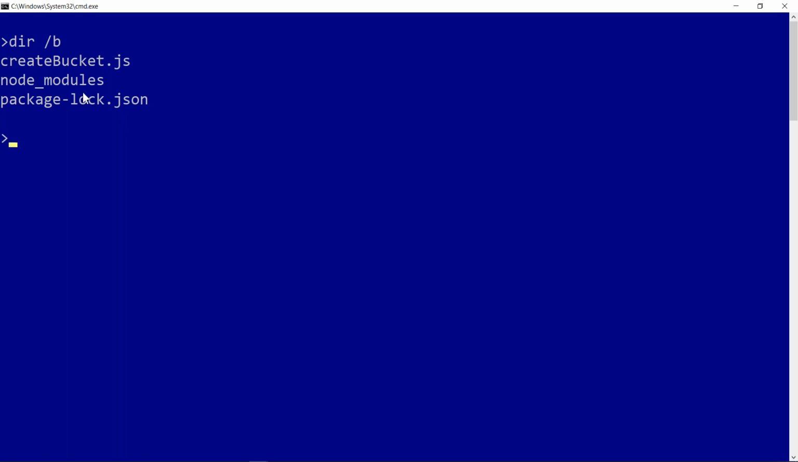How do you execute this program? You use a command called node create buckets. Node is the executable, like Java, where you run it as java. If it's Python, you run python. Similarly, you need to do this. Before we do this,